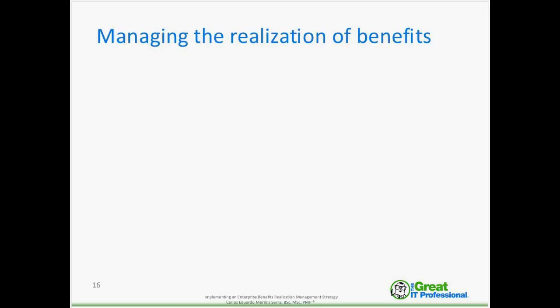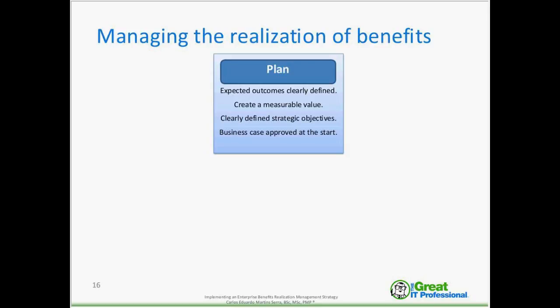Each group identifies and defines the benefits required for the achievement of strategic objectives. It starts at the very beginning of the change process, which includes each initiative having its expected outcomes clearly defined, project outcomes creating measurable value to the organization, outcomes supporting the achievement